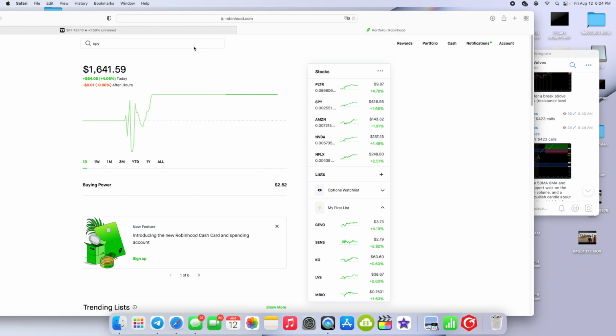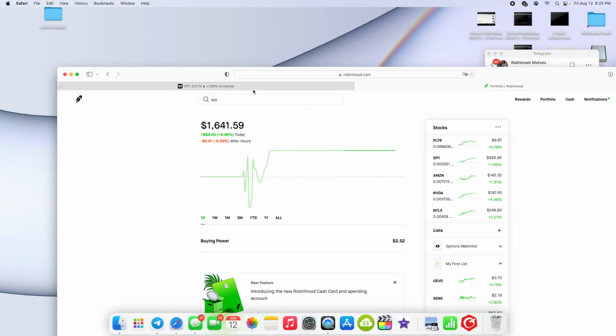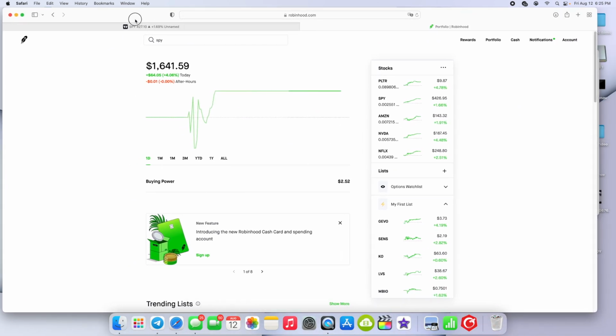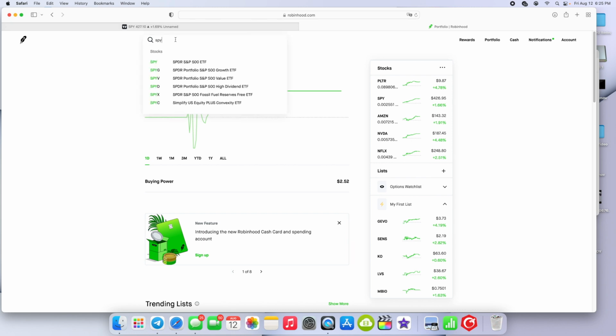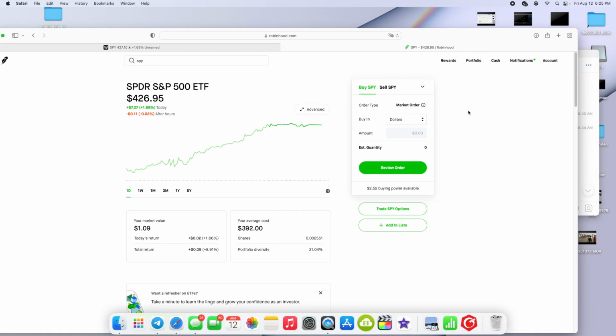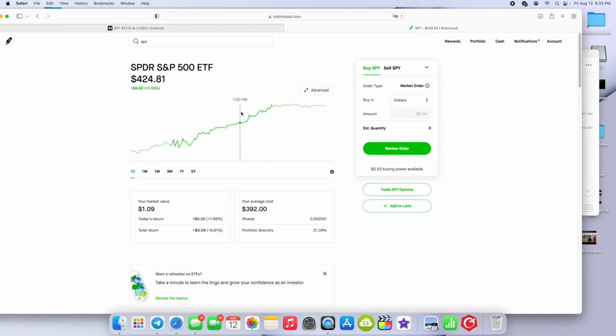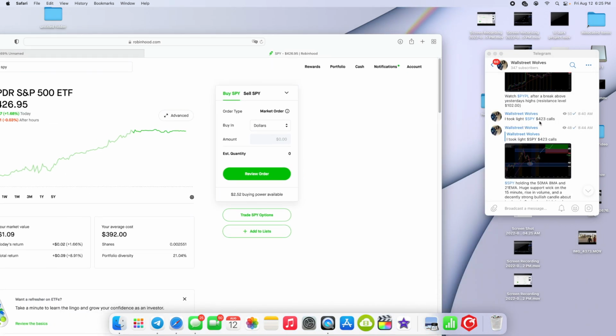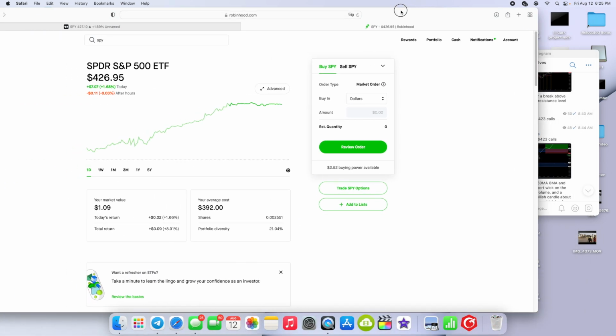since it's SPY, we're gonna go over to Robinhood. Show you my little 1K challenge right here. We're gonna search up SPY. Once you search up SPY, you're gonna have this menu pop up. You can do it on your phone or on your computer, but right here we're gonna look for the $423 calls. To find calls and puts, you're gonna go over here and put trade SPY options. You're not gonna buy shares, you're not gonna sell shares. We're gonna go to trade SPY options,